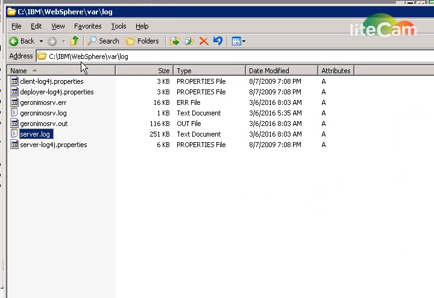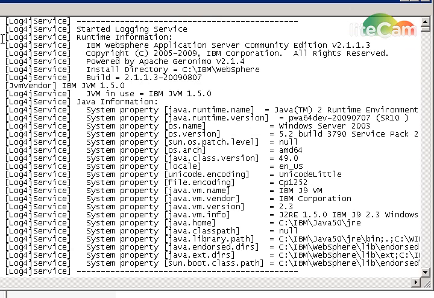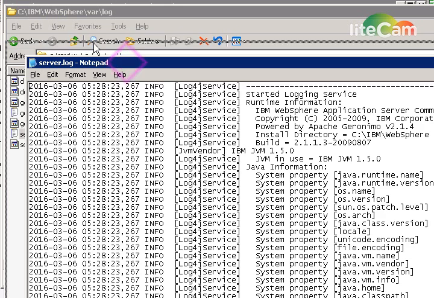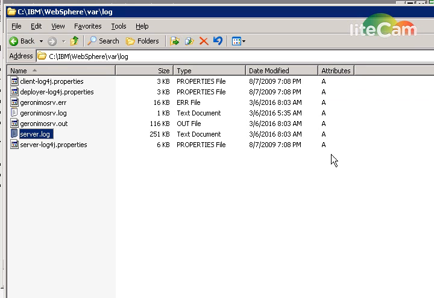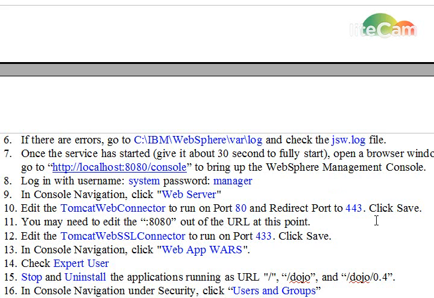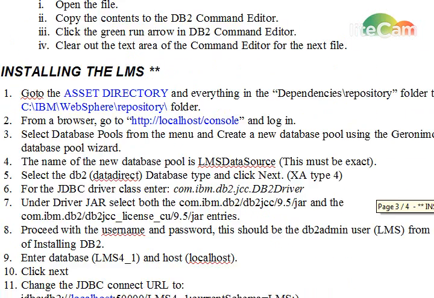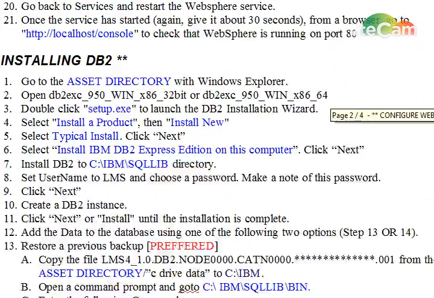They're in the WebSphere log. I won't bore you with going through the log files, but the most important thing when we're following this installation is to follow the document. We are way down here at the bottom. I come way back up here,